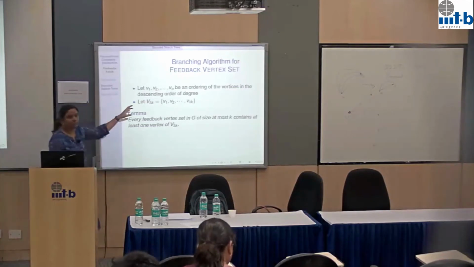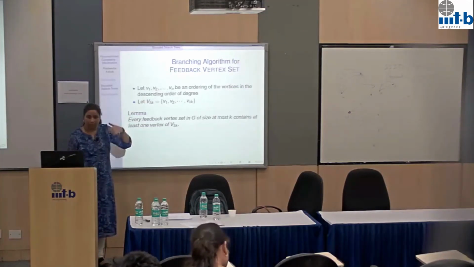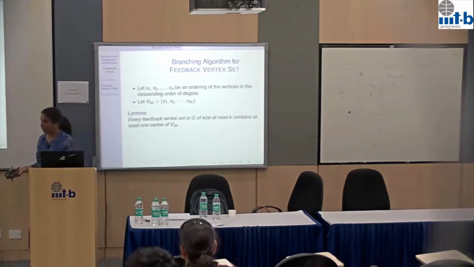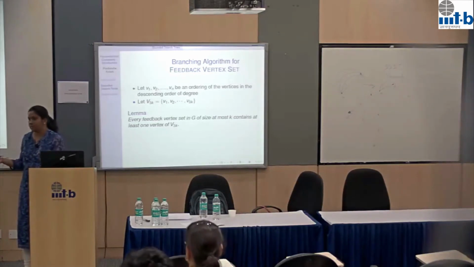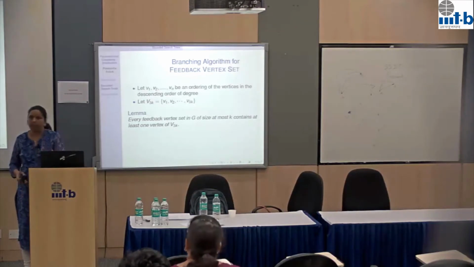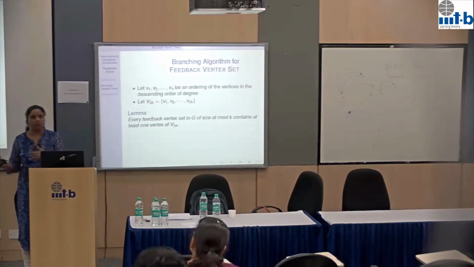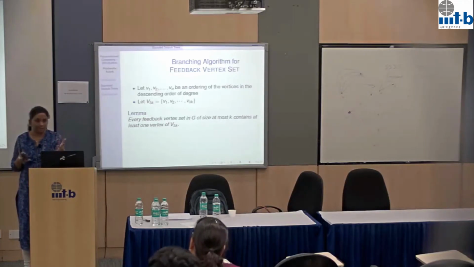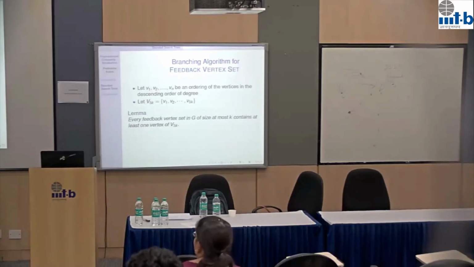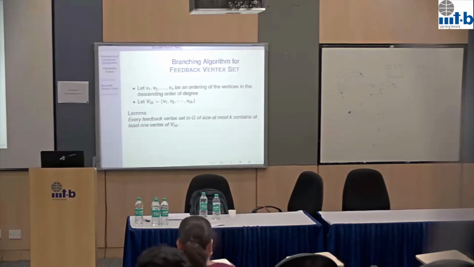Again, similar to vertex cover, we cannot branch more than k times. The height of the tree cannot be more than k, right? Because at every level we are taking one vertex and decreasing the budget by one. So we cannot go more than k. So we have a tree, and what is the work done at each node? At each node you are deleting some vertices, deleting some edges, then applying reduction. All the reduction rules take polynomial time, right? So all these are polynomial.